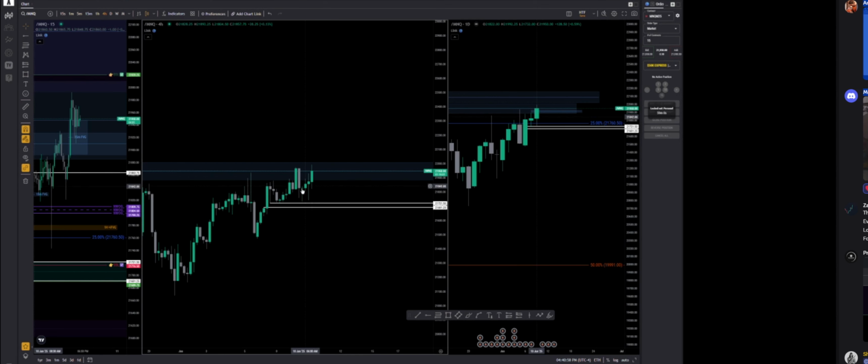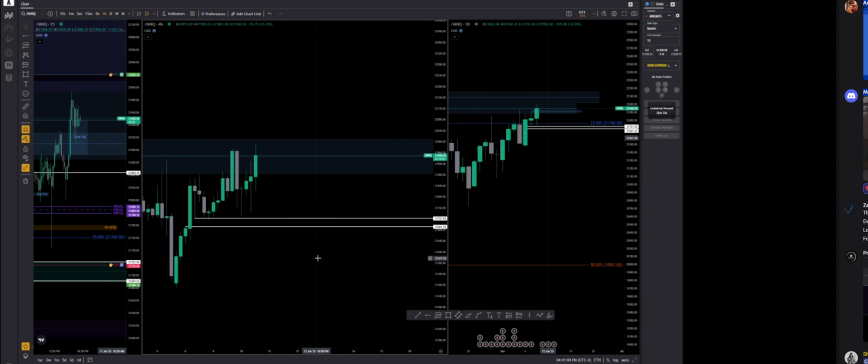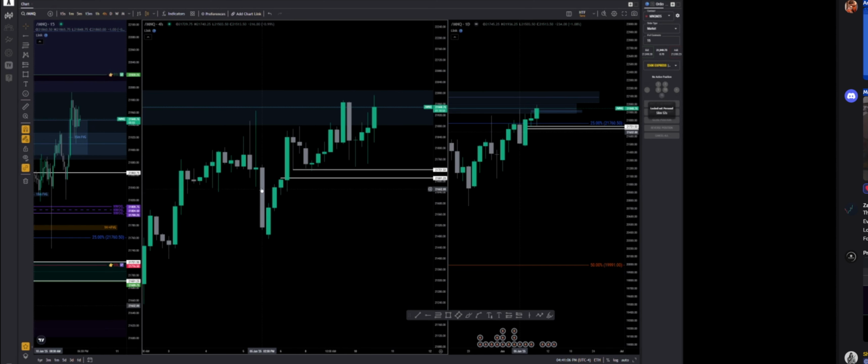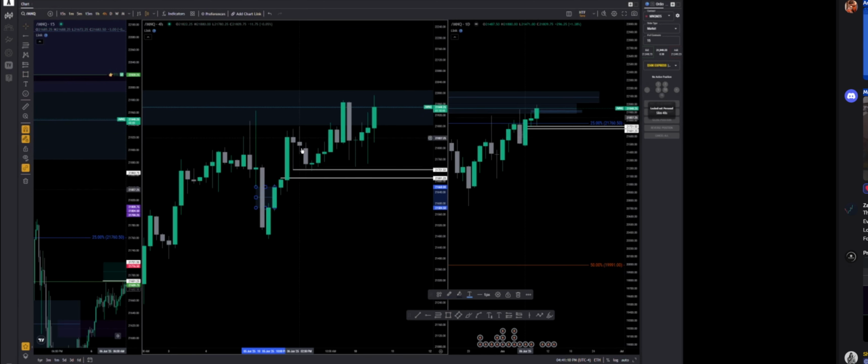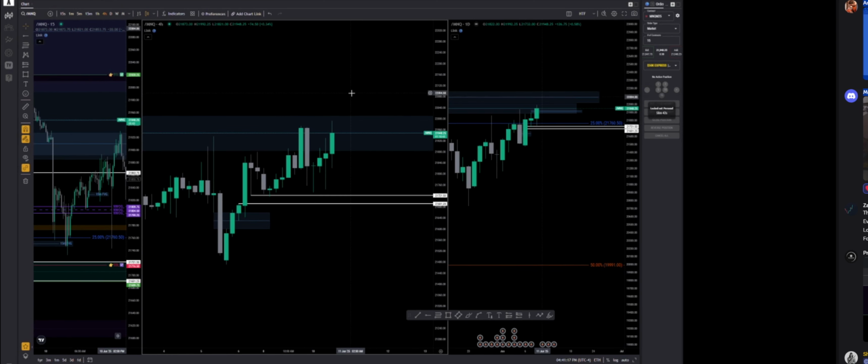Maybe, yeah, what can happen? It consolidated a little bit, created more fair value gaps here and here. There is an inversion fair value. That one also traded, by the way. This whole move started after trading this inversion. So maybe after trading above this area, if it doesn't create any 4 hour fair value,